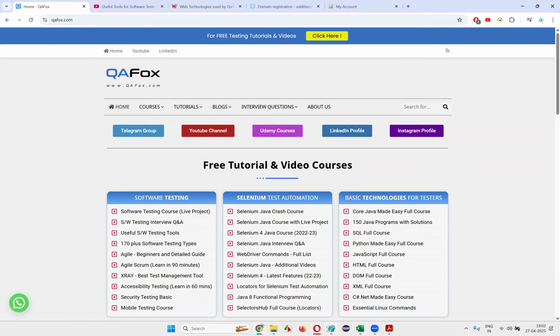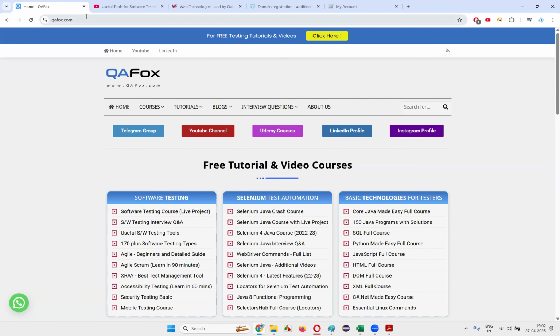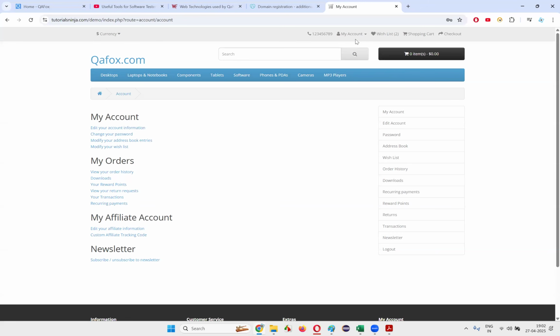Okay. Now, here we have the code written. That's great that the code is written here. Now, how will you interact with this code? Will you interact with the code directly? You may think that when I hit the login button,